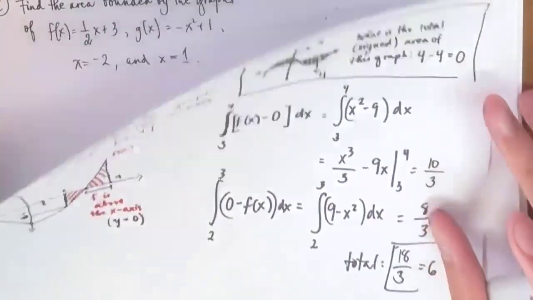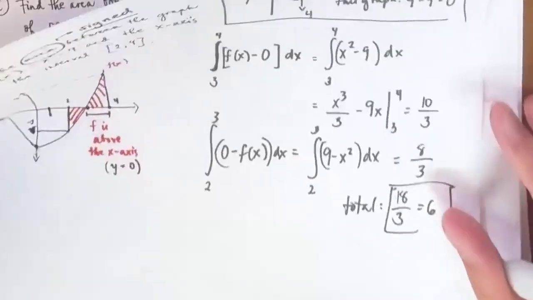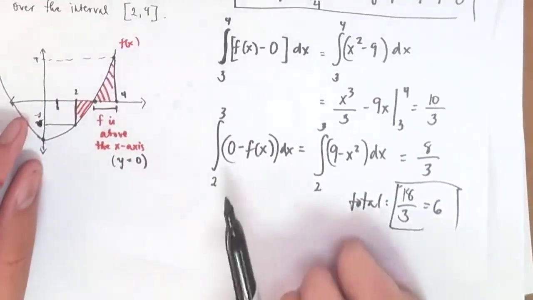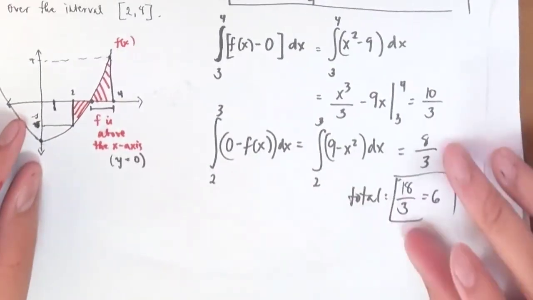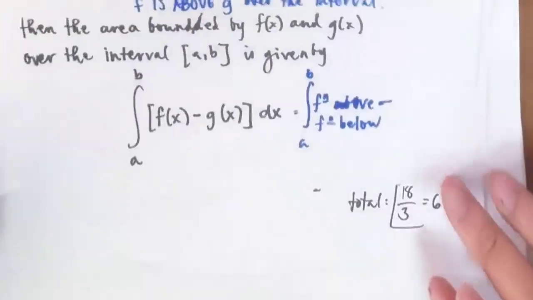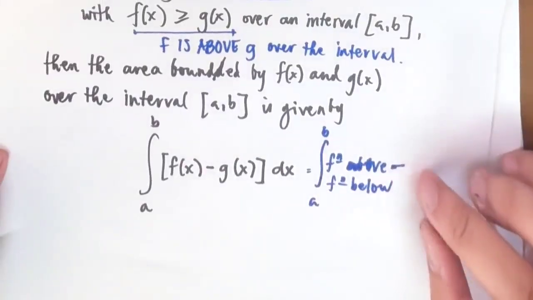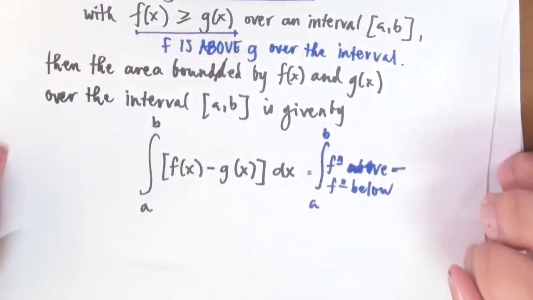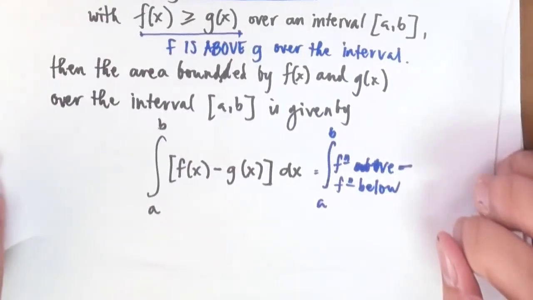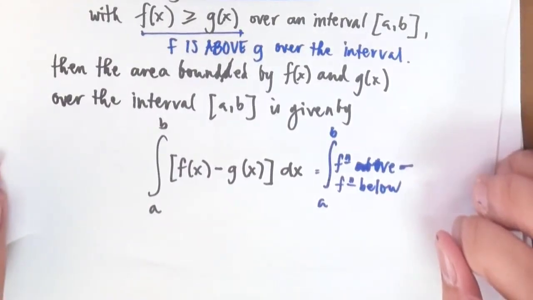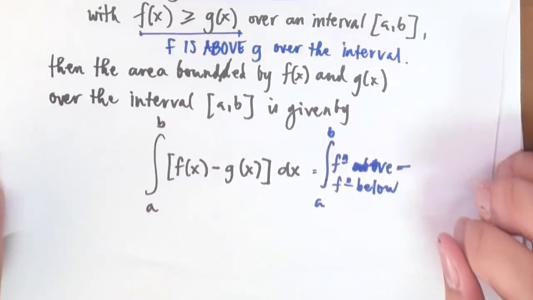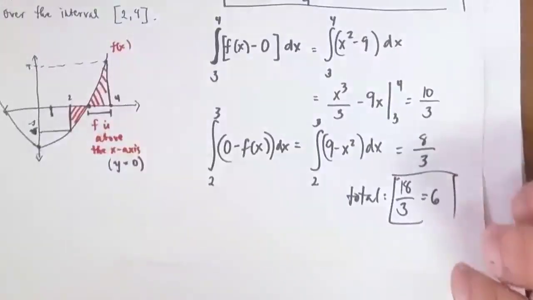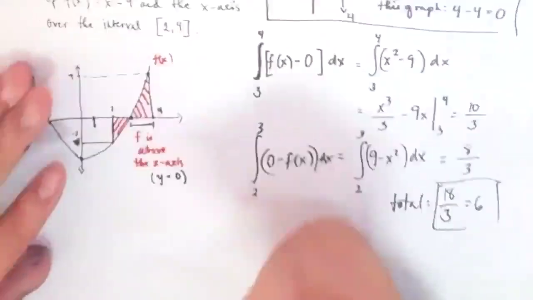The reason we're doing the which function is above the other is so that we can apply this right here without ever figuring out if it's a signed area. As a challenge,